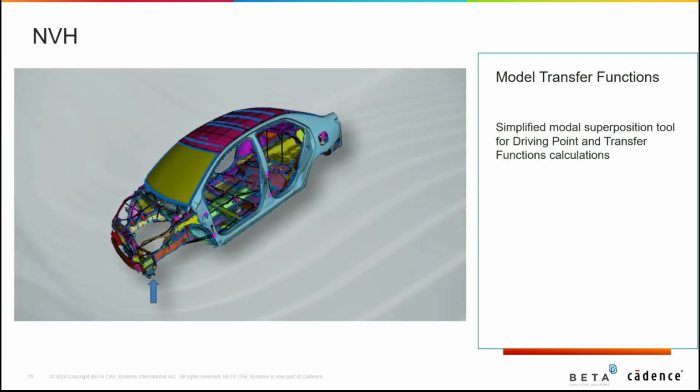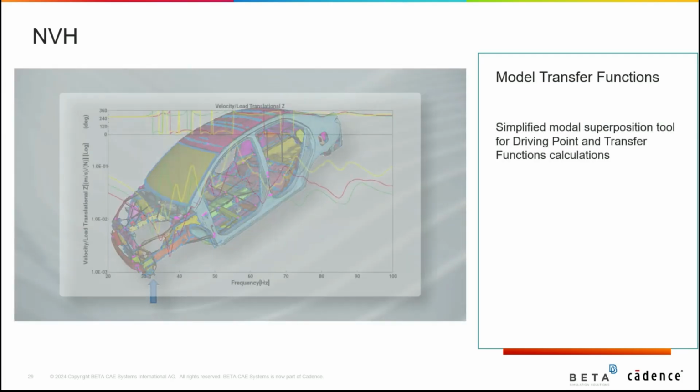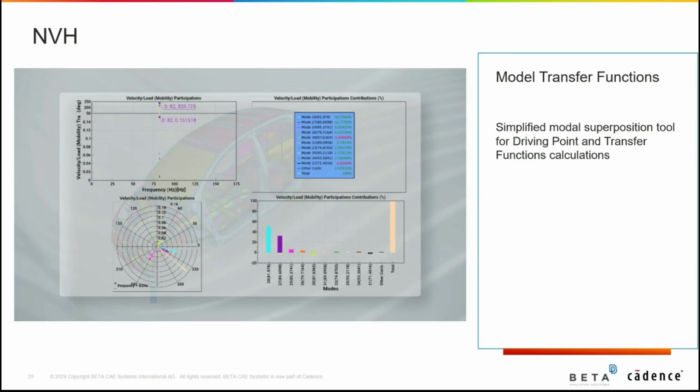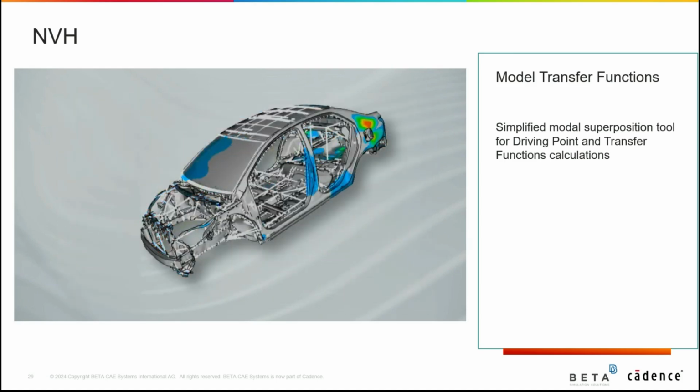There is a new tool available in the NVH ribbon tab, the modal transfer functions. If a model is loaded along with its mode results, it is possible to select a node and calculate the point mobility of this node, having predefined the degrees of freedom and default values for damping. It is also possible to select a second node, and the transfer function between the first and second node can be calculated. Moreover, it is now possible to calculate on-demand diagnostic results during NVH calculations from modal response. Calculations are applied directly to 3D results.